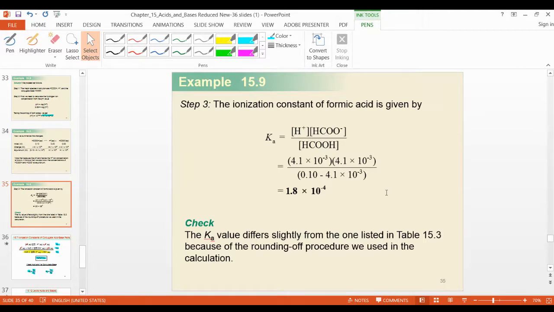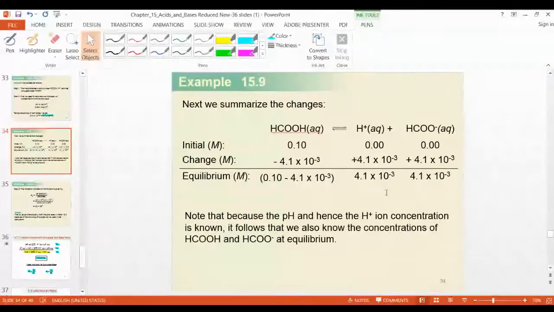Once you calculate pH, then you have to use the 5% rule, as well as the H plus concentration, meaning X you calculate and then use in the formula. X is nothing but the H plus concentration. But if you want to calculate the Ka value and the pH is given, there is no need to calculate X here. Directly you will put the equilibrium values into the formula and calculate the Ka value. Is this clear to you? So what is the difference between this question and the previous question? Tell me now.